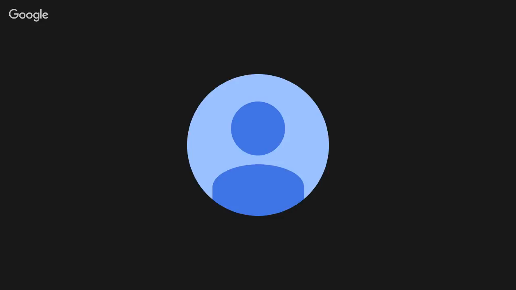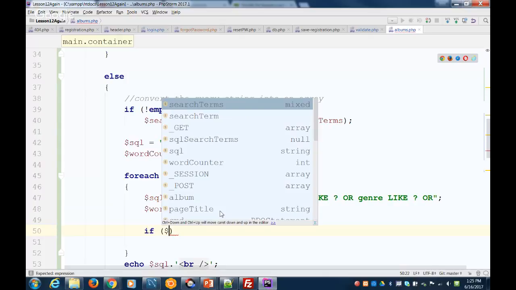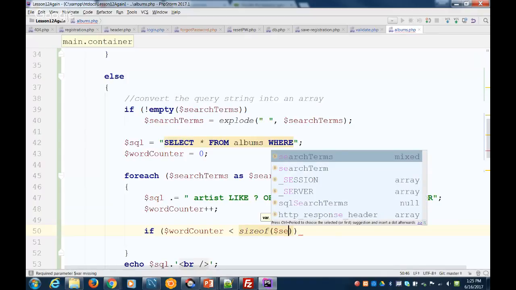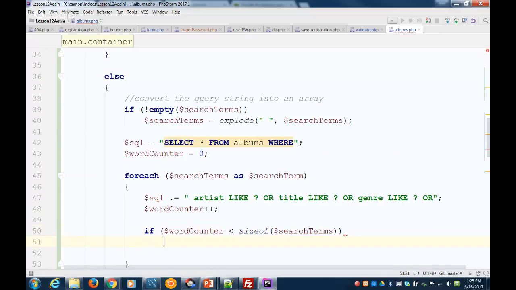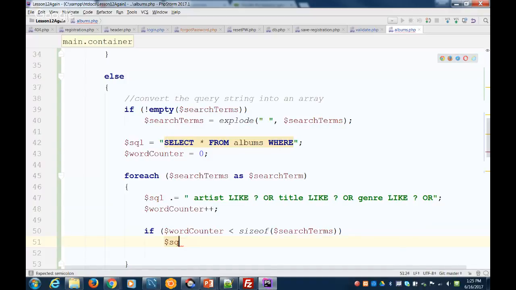Word counter equals 0. For each time through the loop, plus plus just adds 1. And then I can decide if word counter is less than the size of search terms. And we'll add on or